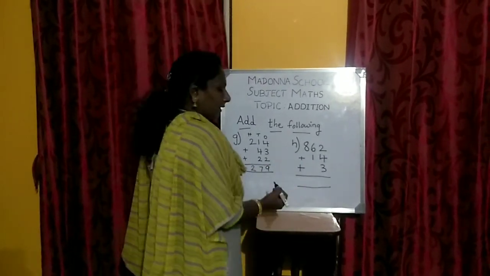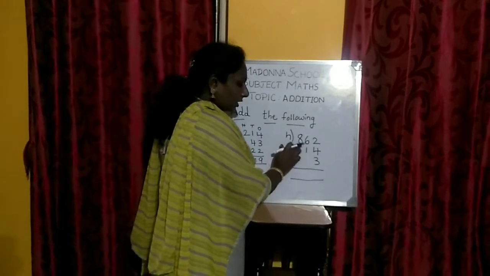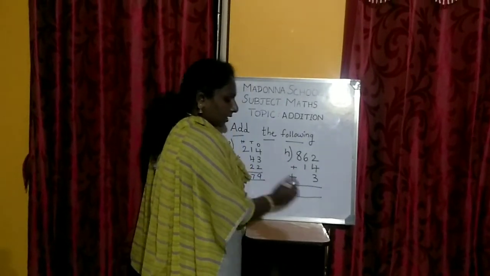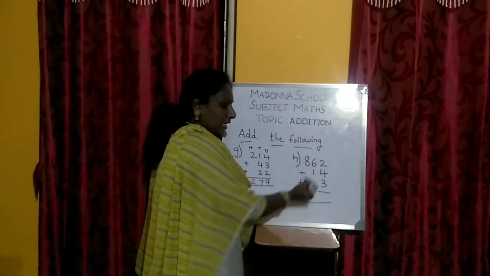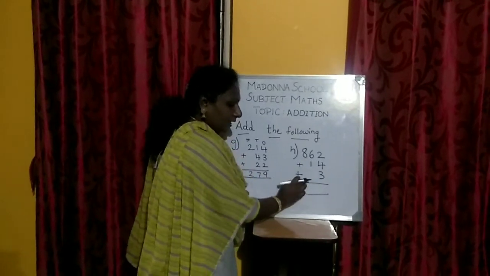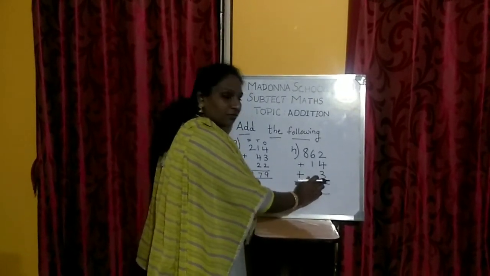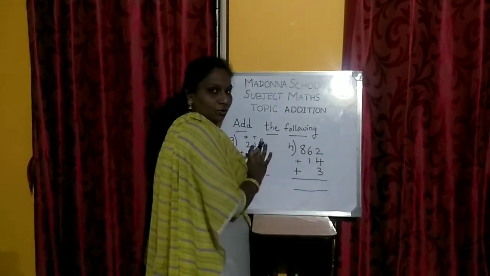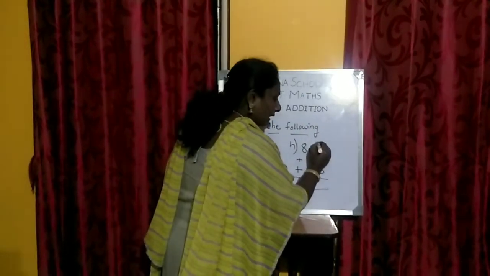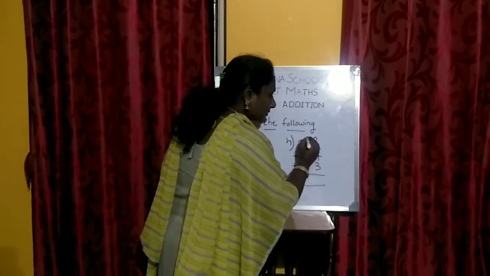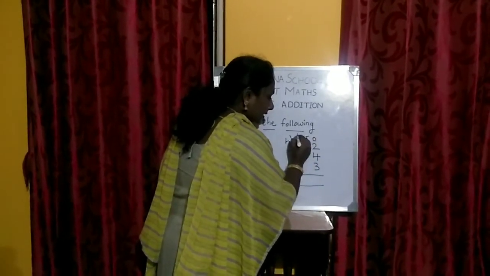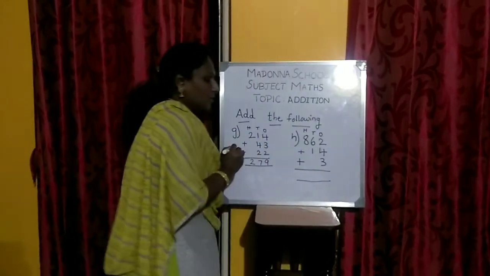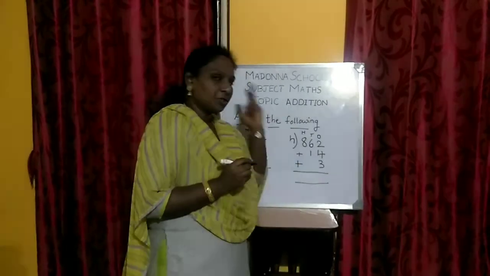Okay. So other example, we have 3-digit number, 2-digit number and 1-digit number. See how I have written. Same way you have to write. Don't write this 3 in the hundreds place. So the value of the 3 changes. It becomes 300. So always you should write like this. Okay. So write the place value. Ones, tens and hundreds. So first number 2, keep it in your mind.